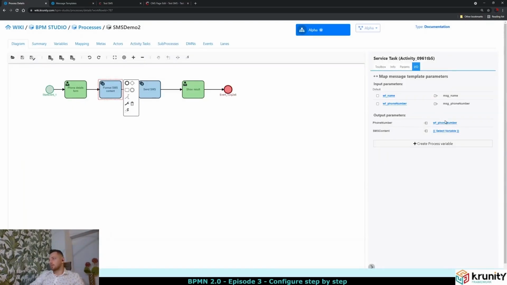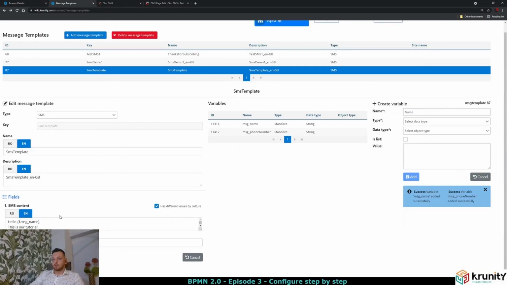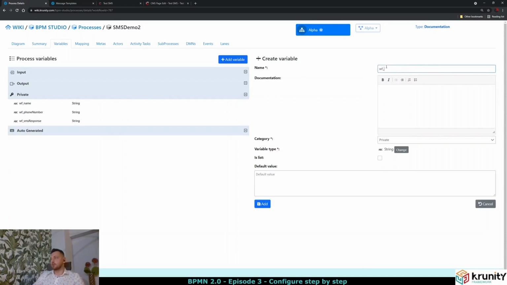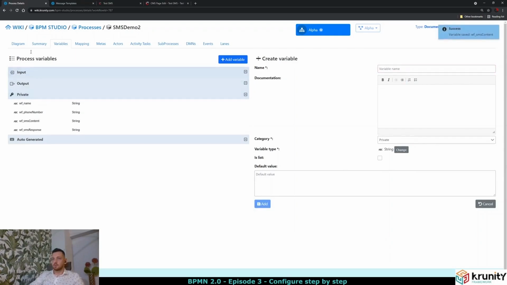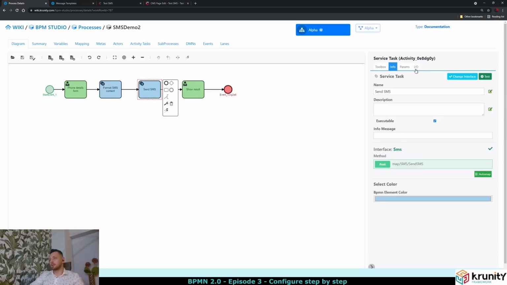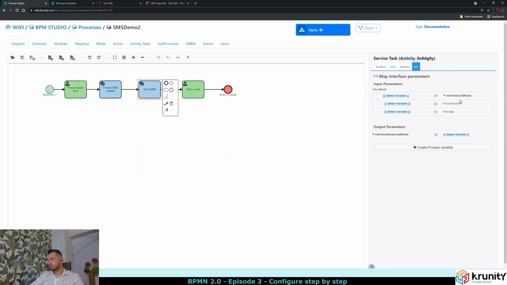So for the phone number, I'm going to use the same variable. It's only going to prefix it with +4. But for the content, well, we'll need a new variable for that. So I'll come here and select SMS content. Now that I have the SMS content and the phone number stored in these two variables after the formatting takes place, I'll need to go to the send SMS service task,